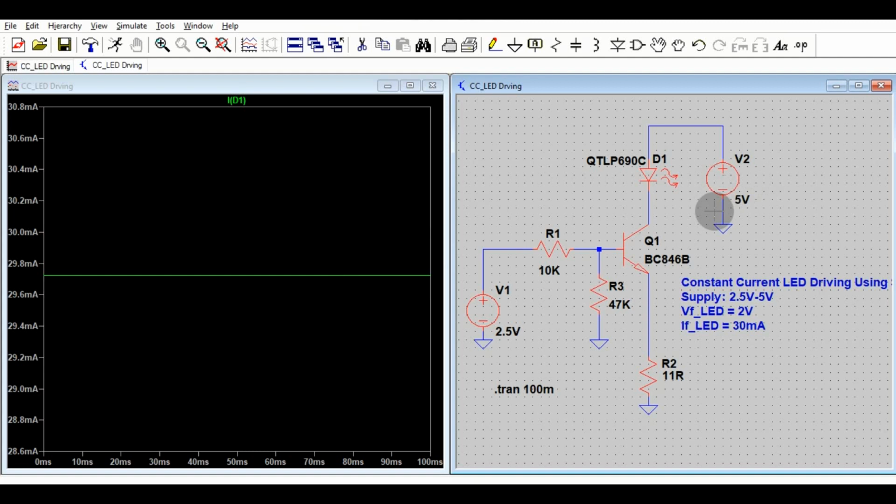There is a change in the LED forward current. The change in current is delta I, and delta I is only 2.2 milliampere. So you can see, if you want a low cost effective solution for your application where your power supply is varying and not fixed, you can use this circuit. This is a very cost effective circuit. It saves you the cost.